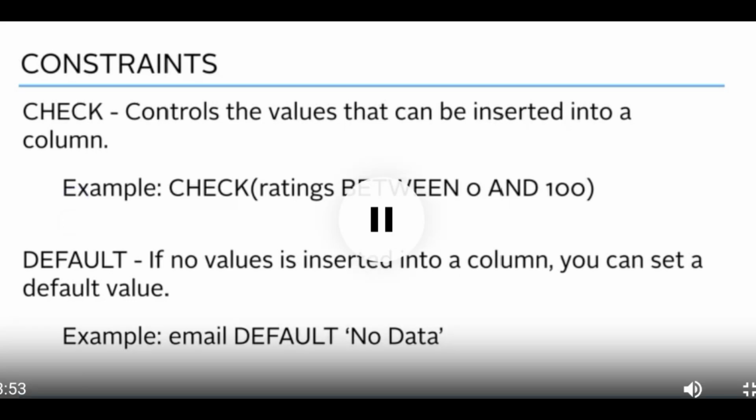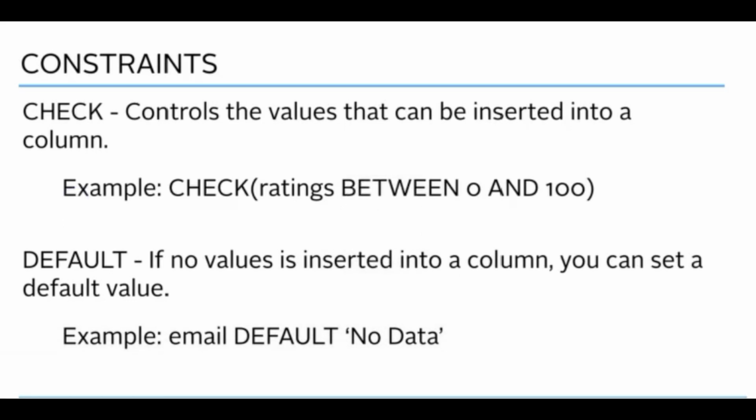So we have an example here of an email column which has a default value set to no data. So if you're inserting a new customer into your customer table and they didn't provide an email, you could leave it blank, and then the default will set this to no data. So that's it for the different types of constraints in MySQL. When we create our cinema booking system database,